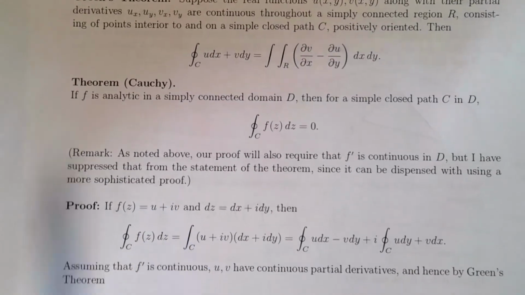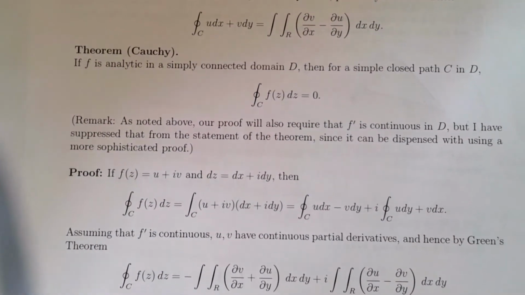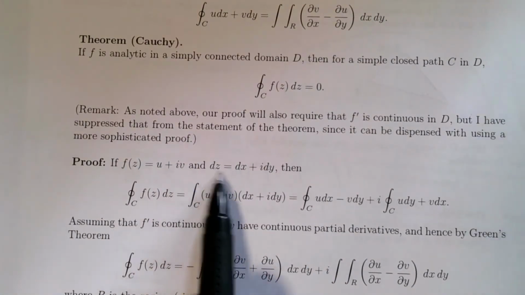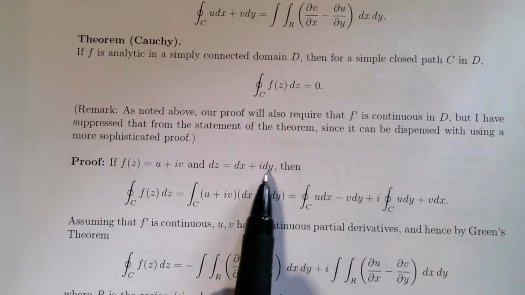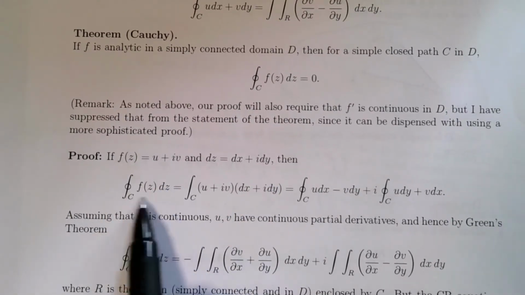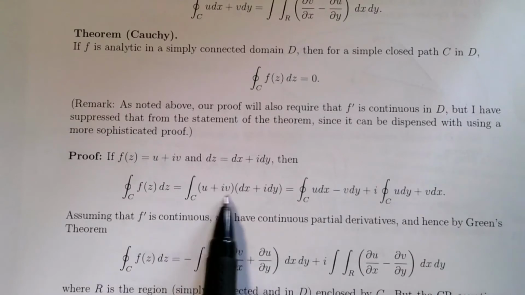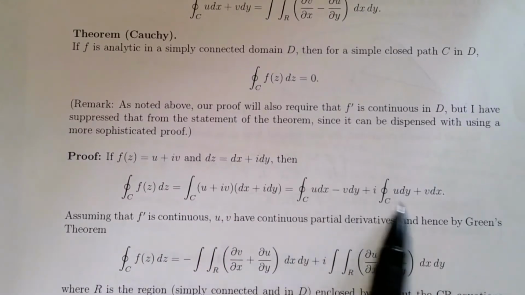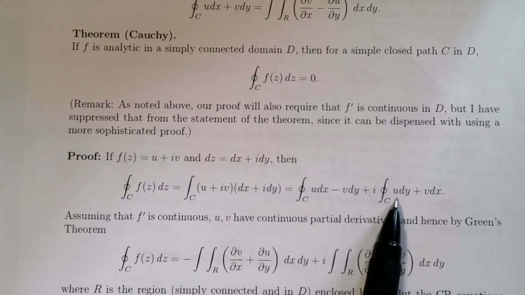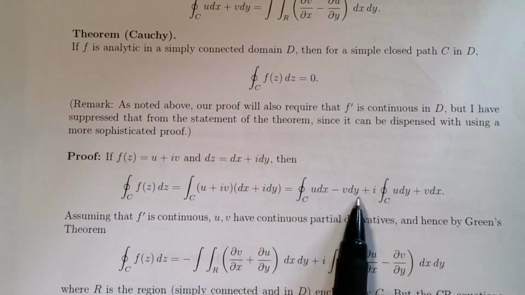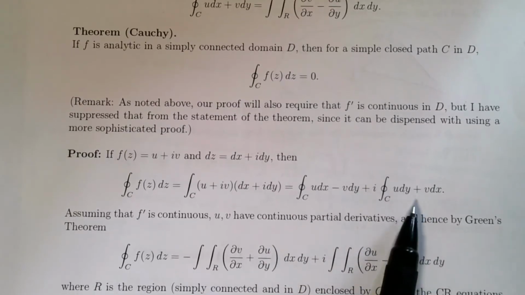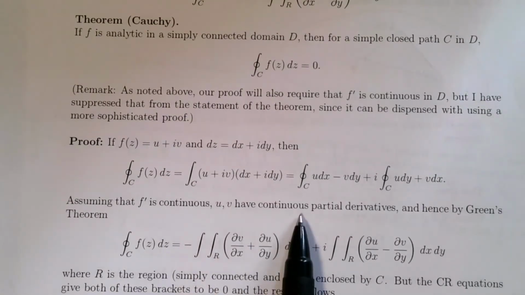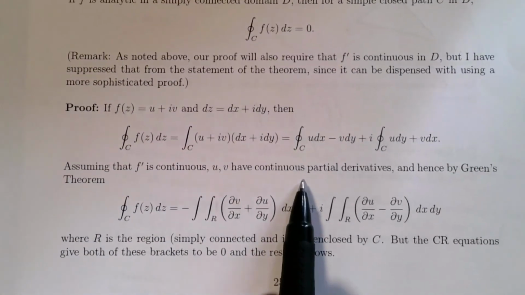Now here's the little proof of this using Green's theorem. So we're going to write f of z as u plus iv and dz as dx plus i dy. Then if I go to evaluate this integral, I can replace the f with u plus iv and the dz with dx plus i dy, and I can split this up then into two line integrals, each integral itself being real. Now, assuming that f dash is continuous, then that means u and v have continuous partial derivatives. So I can apply Green's theorem